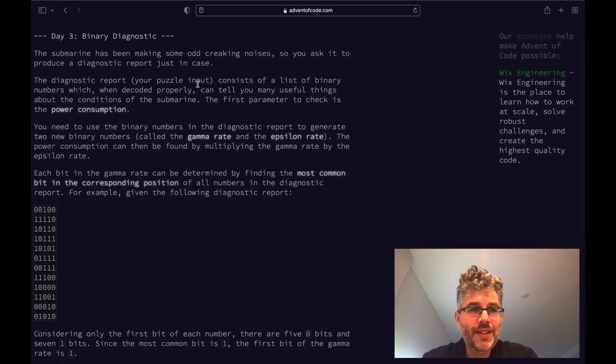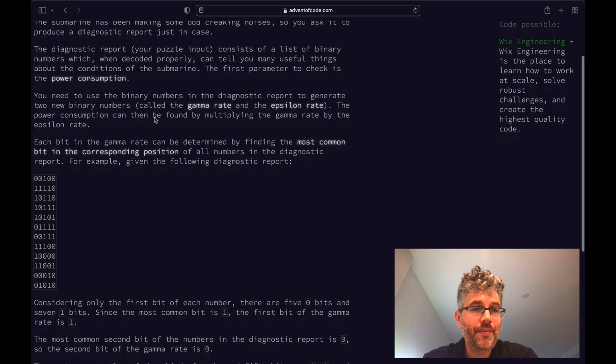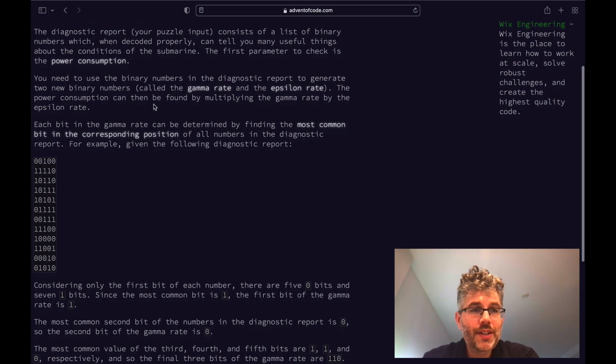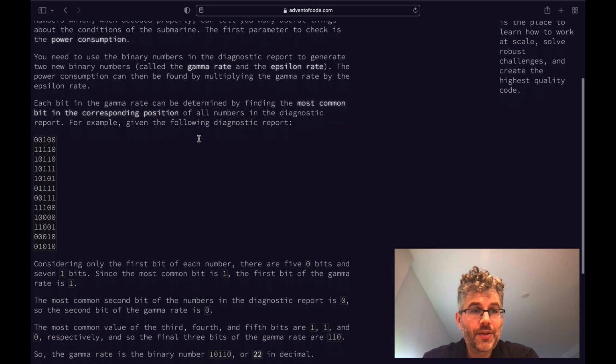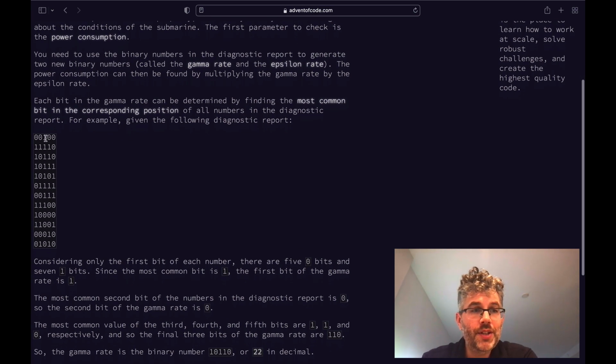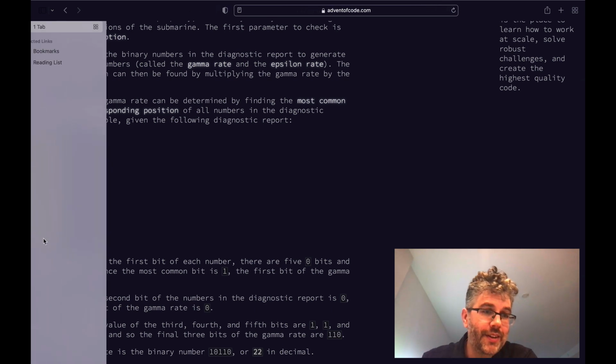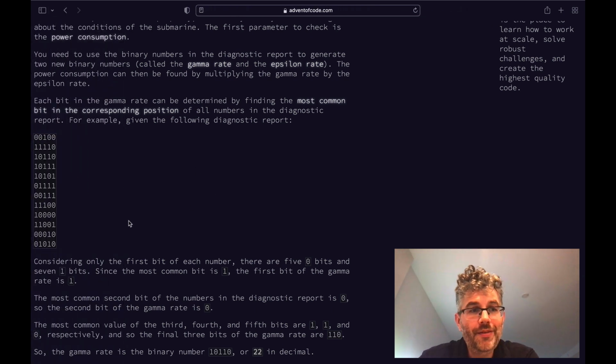Binary diagnosis, list of binary numbers, which when decoded can tell you some things. All right, take the binary numbers, generate new binary numbers, two binary numbers, multiplying these two numbers together. So we figure out each bit by finding the most common bit in the corresponding position of all numbers. So we take these horizontal binary numbers and we look vertically, I suppose, and figure out which one is most common. Just do a count basically,